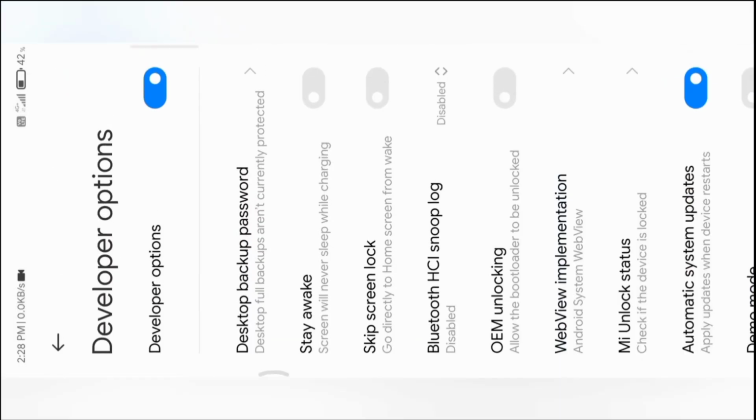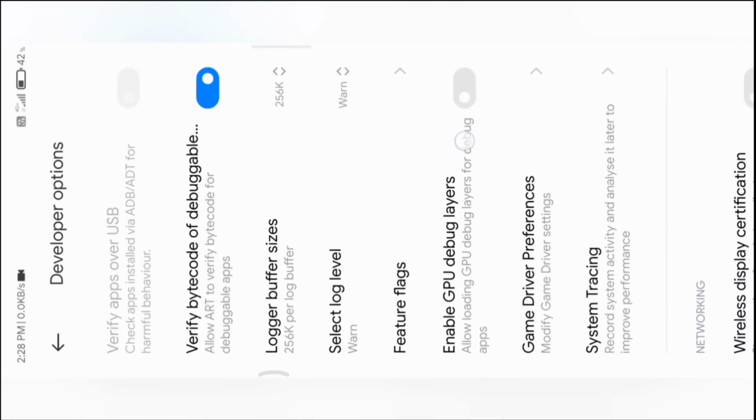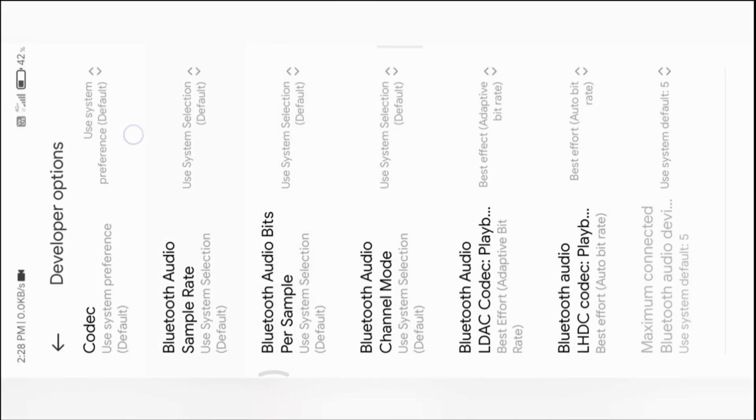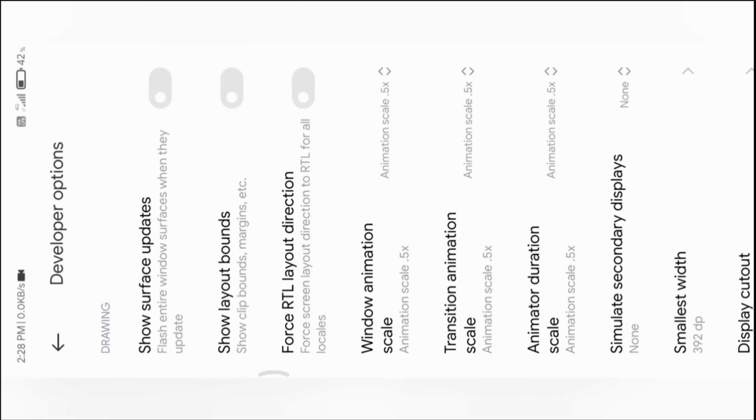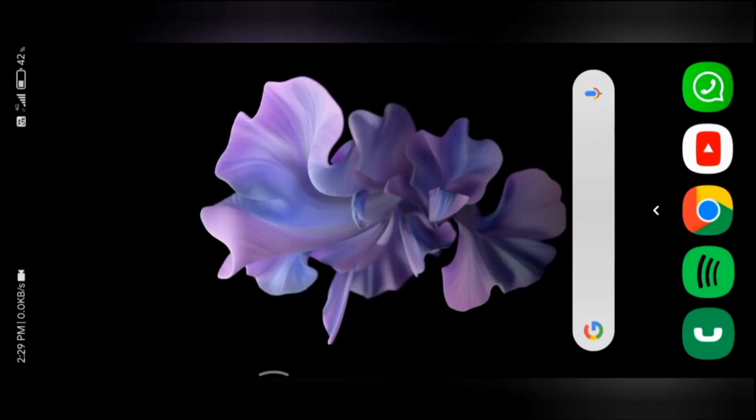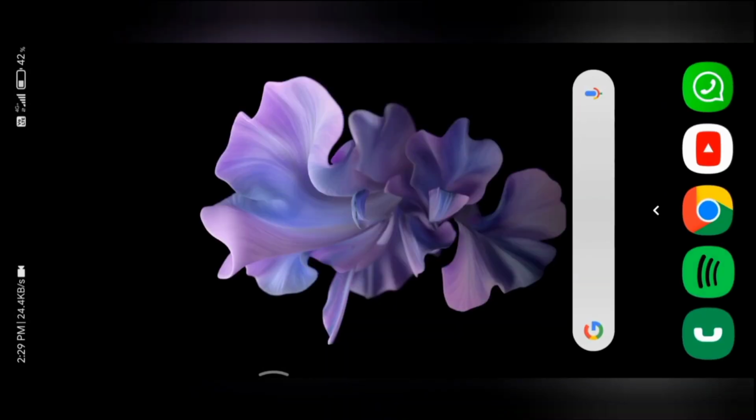Then go to developer options, then search for something called window animator scale. This is the window animator scale or the window animation scale. Set all three, like the transition animation scale and the animator duration scale, to 0.5x. What this does is make apps like Spotify and everything open a bit faster, but take time to load. What I said was it makes the apps feel a bit faster.